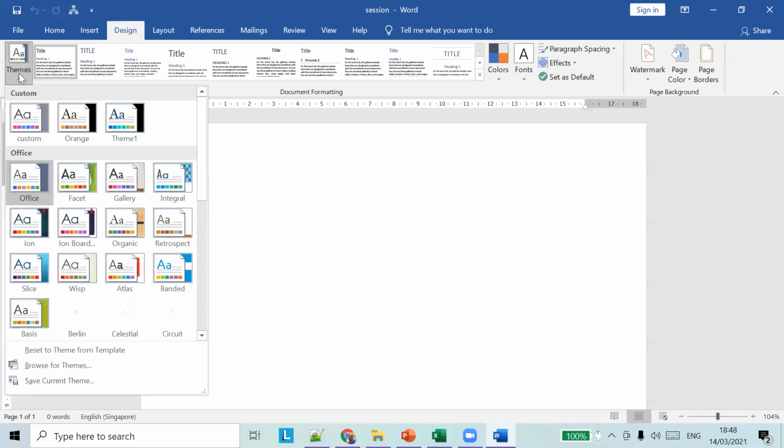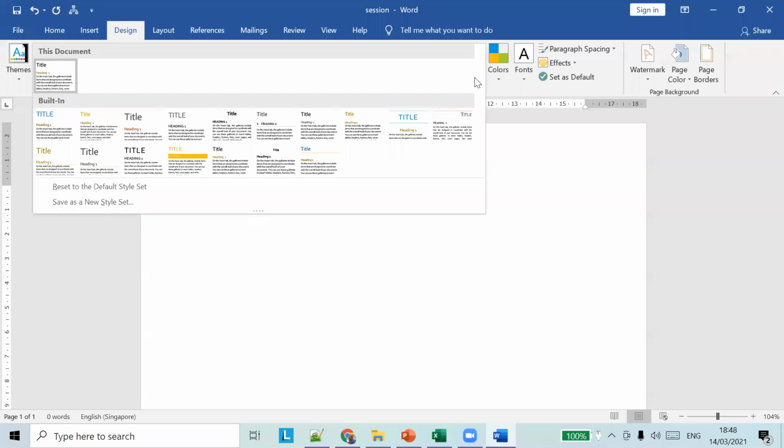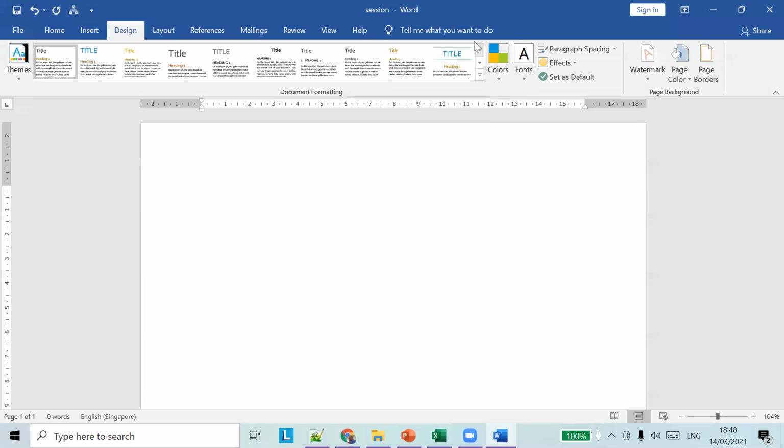Under that, we have a lot of themes here. You can choose any one of the themes. Let me choose Banded. I'll choose the Banded theme, and you can see the various styles for those themes under this section.